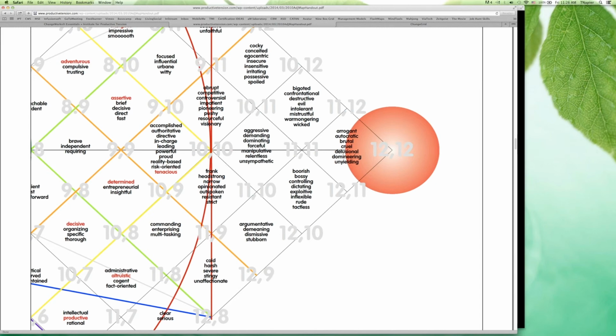And as they start using those adjectives, you can find those adjectives on the change grid. If you use this, by the way, online as a PDF file, it's fully searchable. So it'll actually zoom in to the actual adjective as you put them in there. We also have an alphabetical list of all the adjectives that are currently on the adjective map. And so there's lots of little lookup features. Sometimes it's interesting to just say, how are you feeling? And as they start to talk about that, we know where they are on the change grid. Or we say, how would you like to be feeling instead? And they give us some descriptors and we go, okay, I know where that is on the change grid. So now it's just a matter of moving them around.